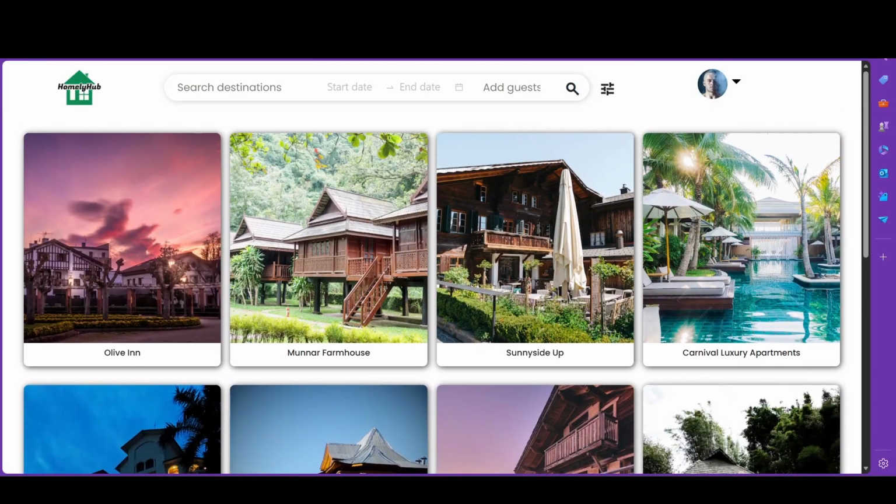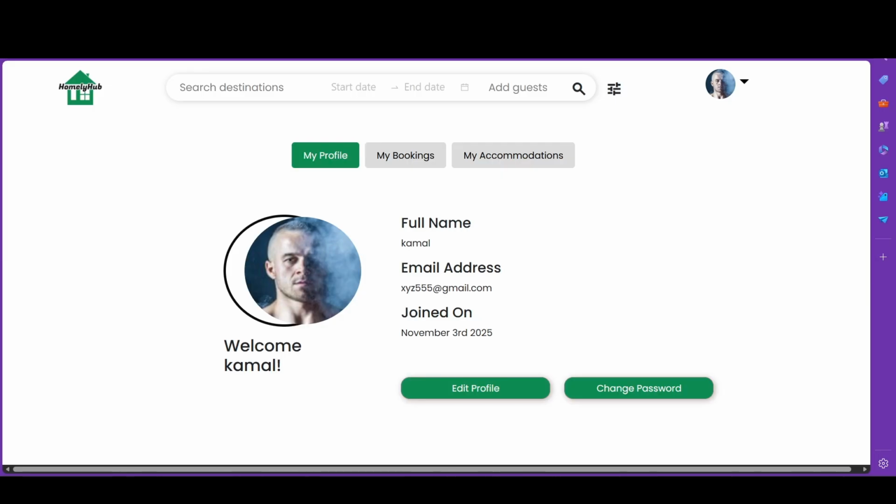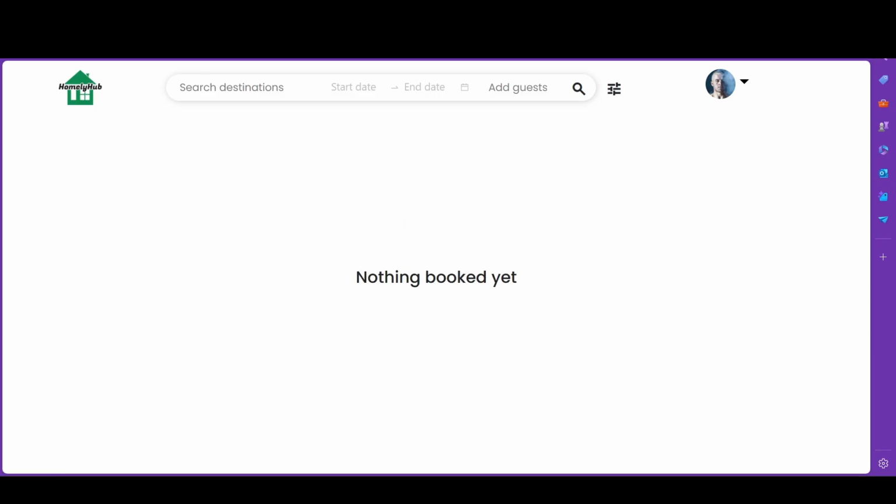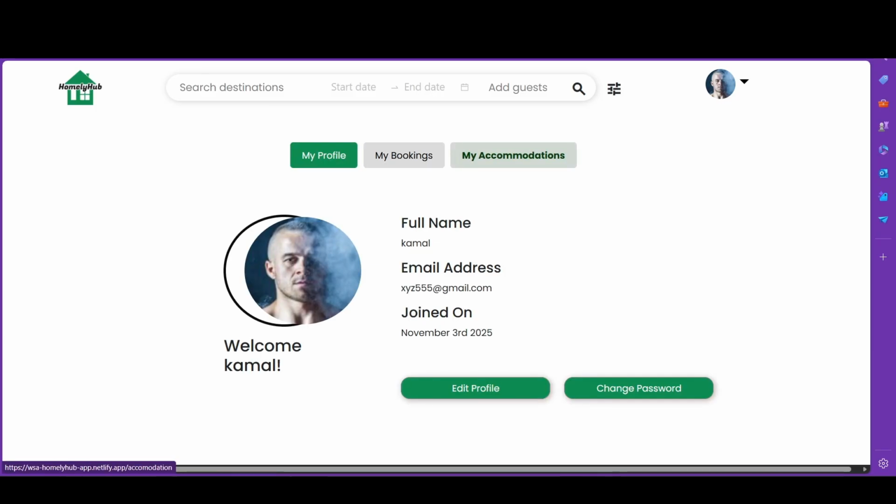it registers you and as we can see, upon registration the icon changes here and we can see our account registered as Kamal, email address as follows, and joined on a certain date. We can have options to edit the profile and change our password. You can also see the bookings one has already done, nothing booked yet, and accommodations. Moving along,